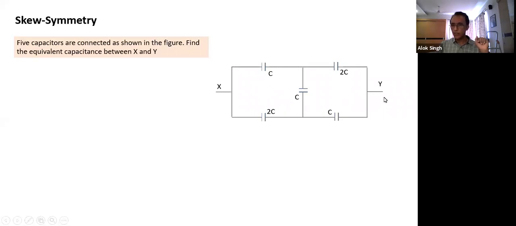But if I connect the positive terminal to Y, whatever position this C has, exactly the same position this capacitor has. So if this gets a charge Q1 when we connect the positive terminal here, this also should get a charge plus Q1. Which basically means whatever charge this capacitor gets, the same charge this capacitor should get. In a similar way, whatever charge this 2C has, the same charge this 2C should have.